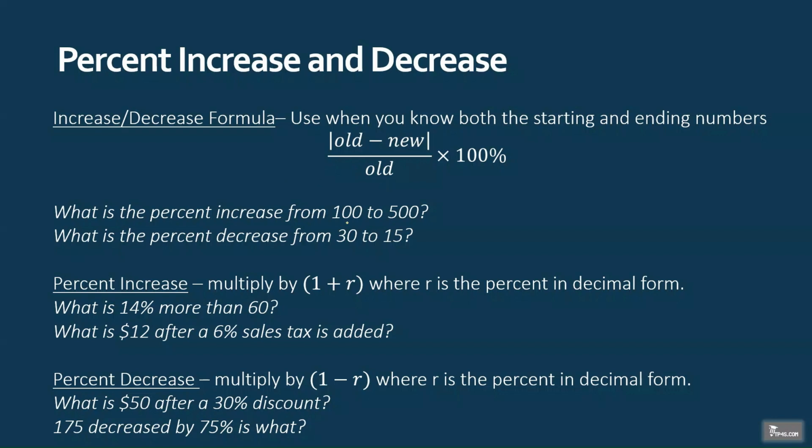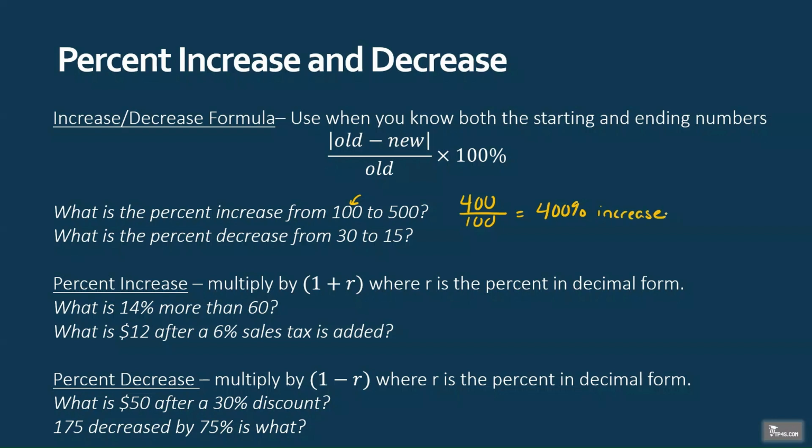The percent increase from 100 to 500. In the numerator, you're going to put the difference between these two numbers. That's a difference of 400. In the denominator, the older. That's the 100. All right, 400 divided by 100. I could change that to 4 and then multiply by 100 again, but I can see at a glance that is the same as a 400%. And then we are going to say 400% increase